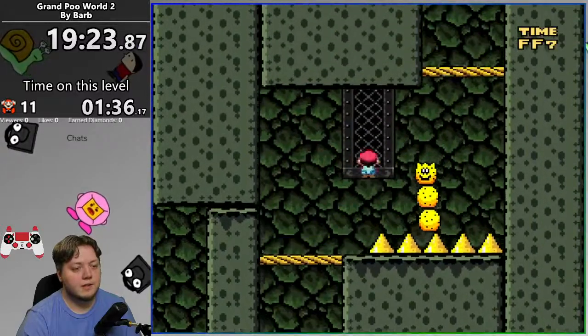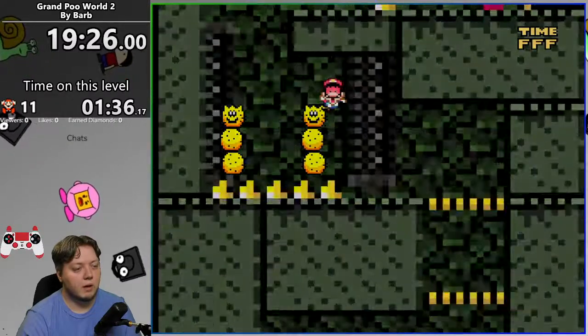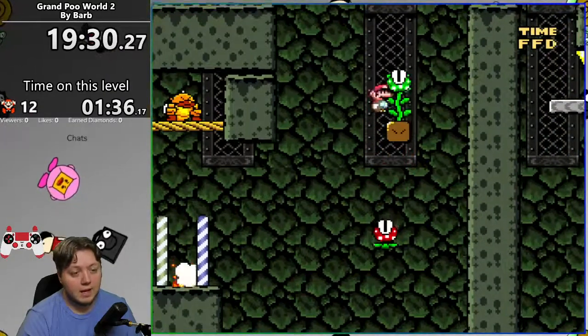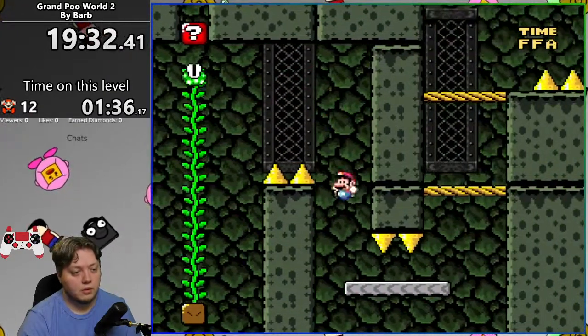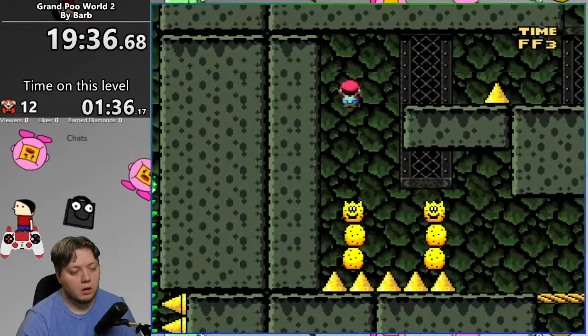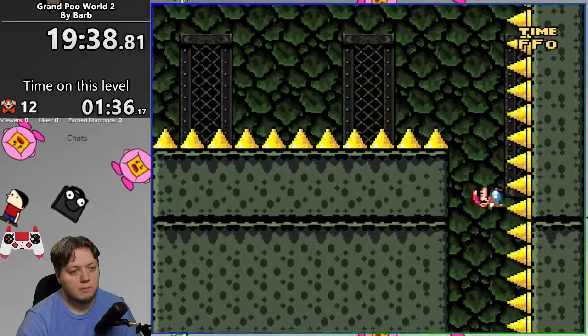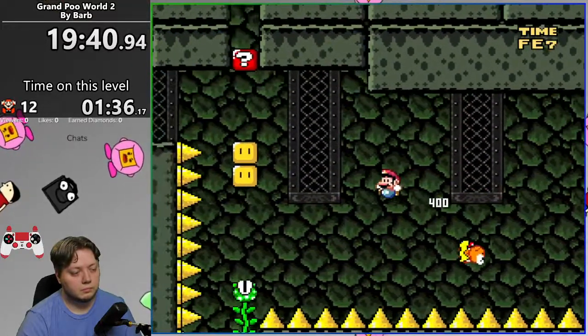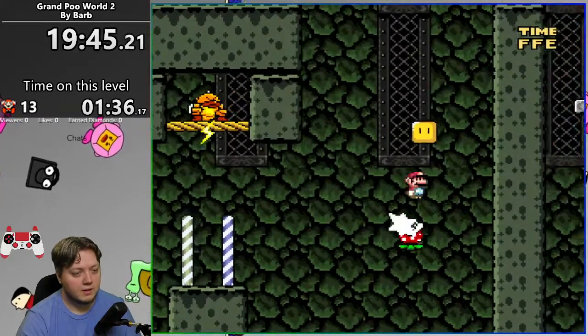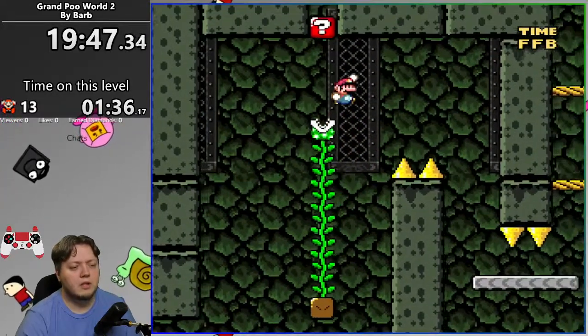I could have just loaded a save state directly to the Bowser fight, but I choose not to do that because I enjoy the rest of this level. So we'll do that. Just relaxing, nice. I'm really...